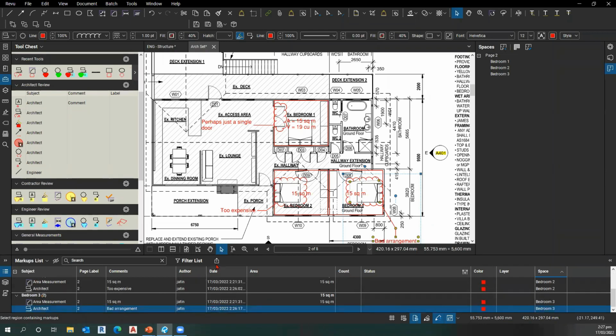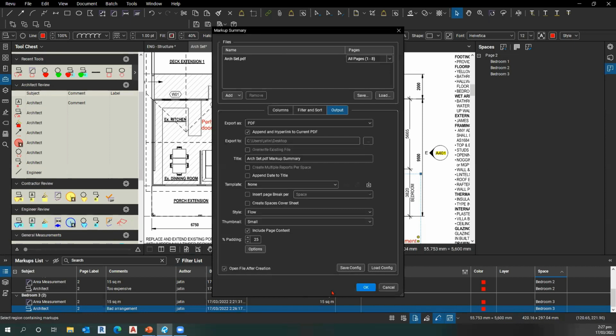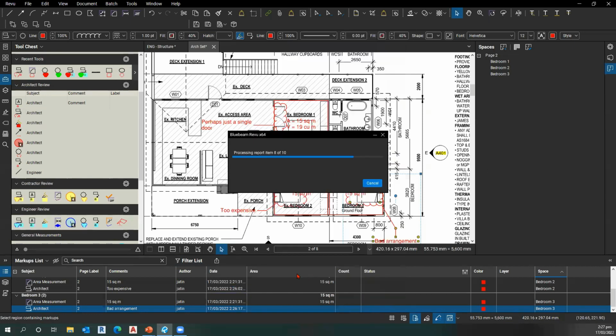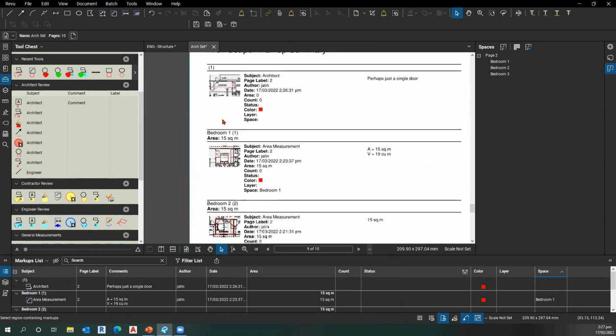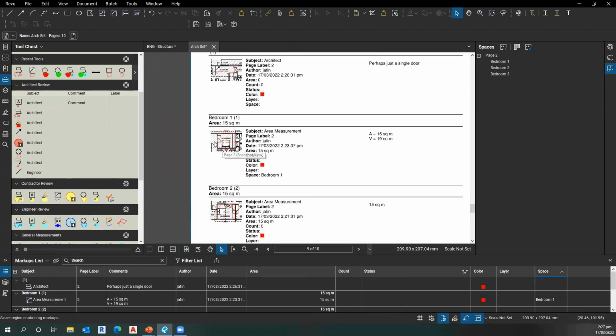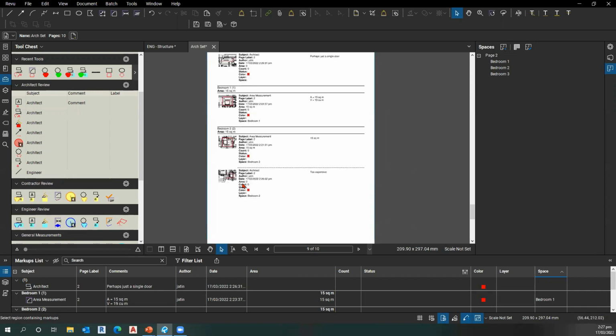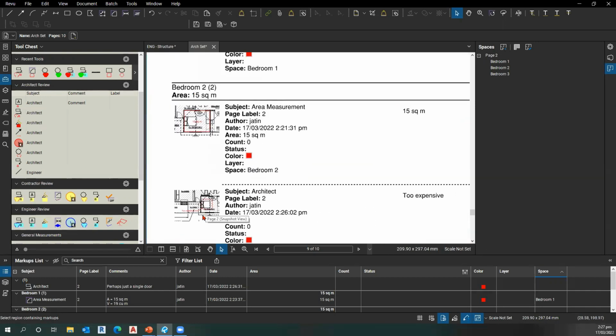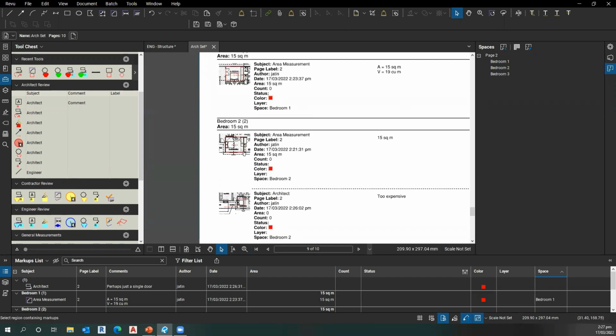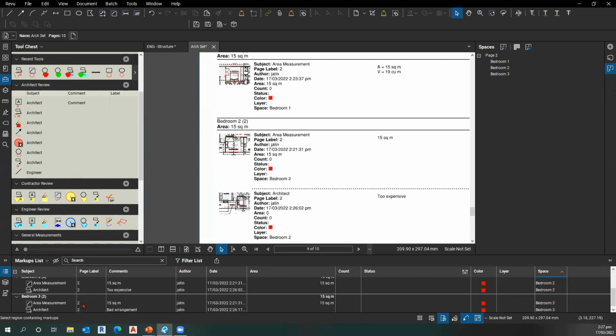Okay, I can then, again, click on that little summary button, go PDF summary. Okay, look at this, awesome. So now I can see here for bedroom 1, there's an area measurement. For bedroom 2, I can see there's a markup and an area measurement. So it's helping me a lot by triaging it for me so that I know exactly, for example,